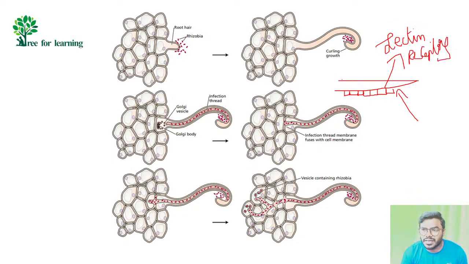Where are they present? They are present on the root hair. So to this receptor, who will go and attach? Bacteria attaches. Remember my statements. The attachment of the bacteria to the lectin receptor present on the root hair, what do we call it? We will be calling it the Rhicadhesion process.